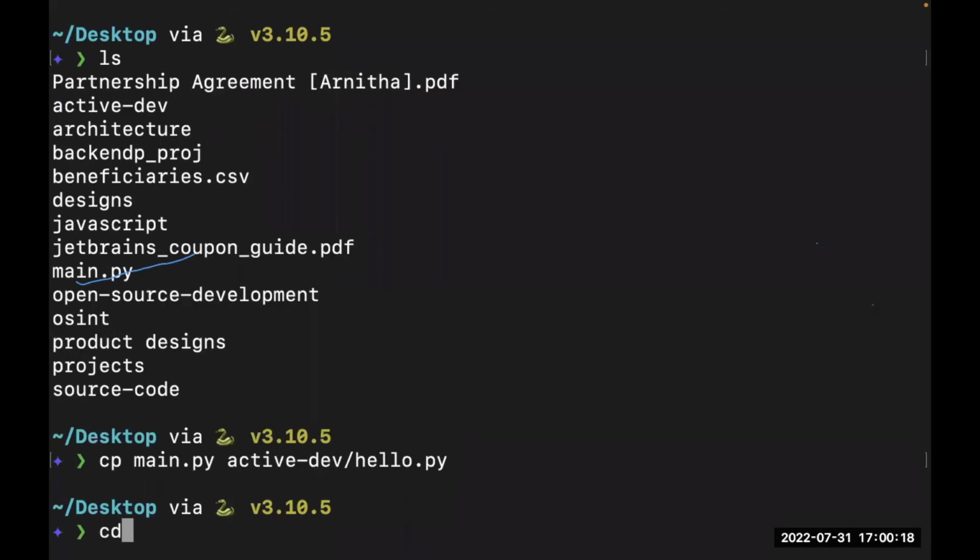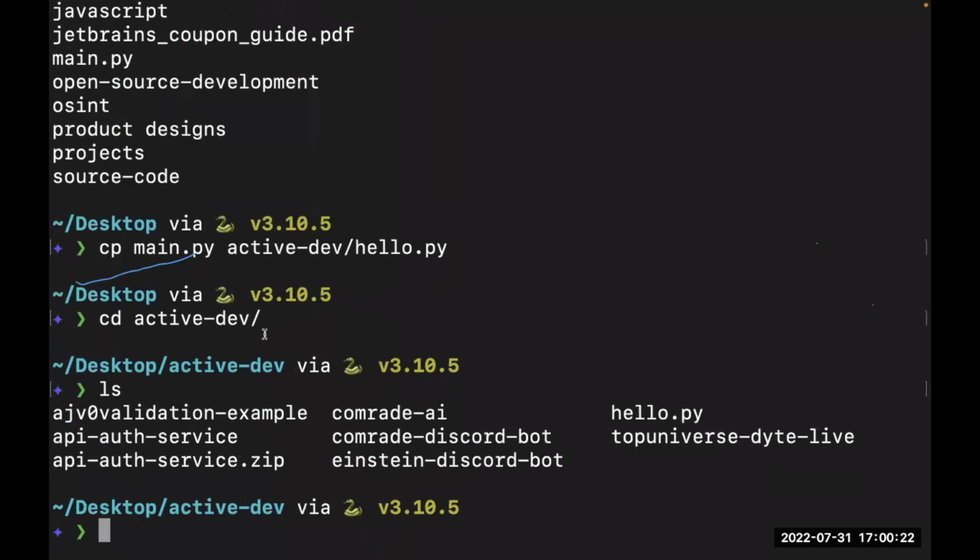All right, so let's quickly go to the active dev folder and use ls to see if we have the hello.py, and we do have hello.py. If the main.py had some content, maybe a very little code, it would show up here. So let's come up with a very quick example so you would understand that better.